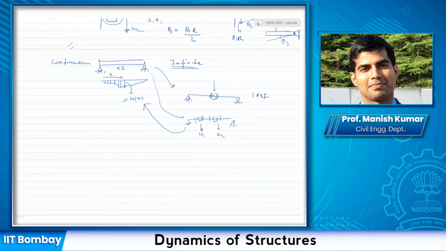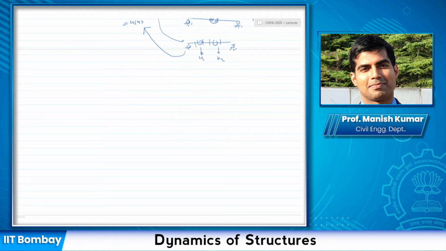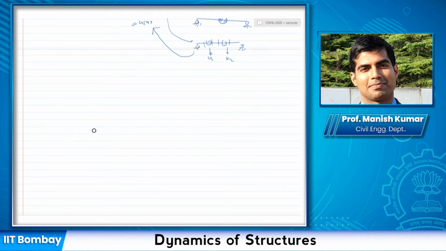Okay. All right. Once we have that, let me consider a representation which is also in your textbook and which is somewhat more familiar to people with a structural engineering background. And we will see different representations of a dynamic system. So let me start with the frame example that we discussed. Okay, so we said that a one-story frame can be represented with a single degree of freedom system.